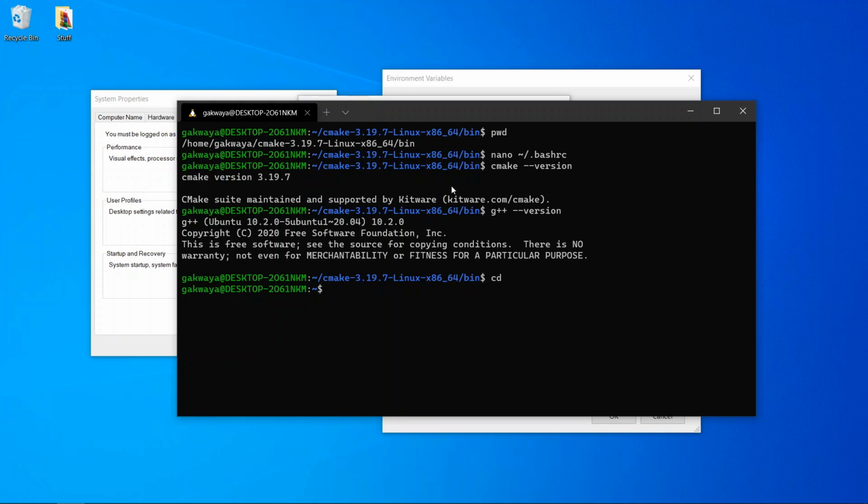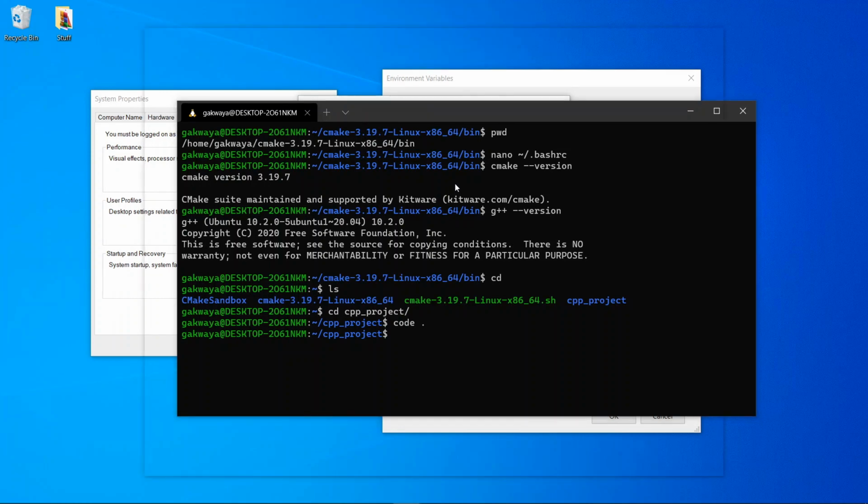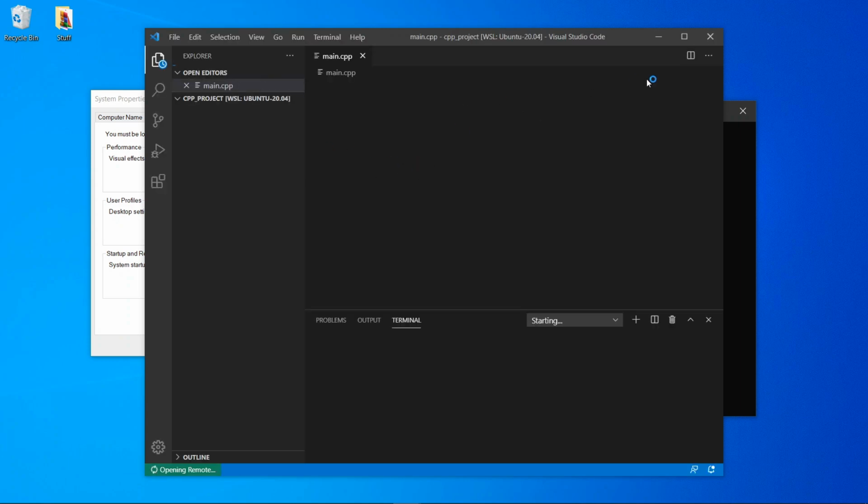And this is really cool. So let's do ls here and cd, for example, in my C++ project here. And if I run code, we don't have code installed on this Linux box, but Microsoft is using some magic to communicate to the Visual Studio Code instance we have on Windows, and it's going to use that. So if we wait a minute, we're going to see that this is going to open up my project that